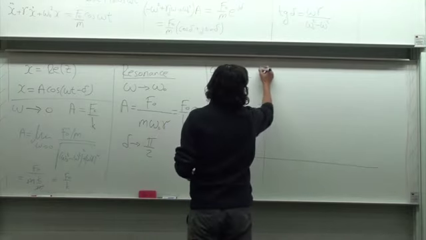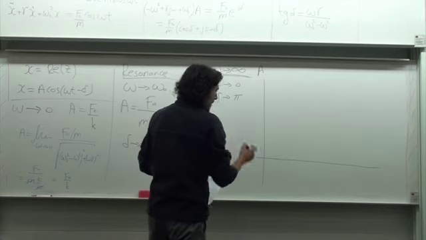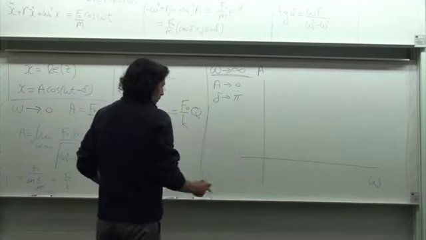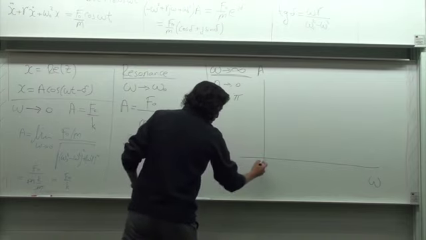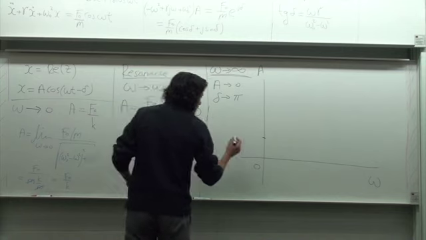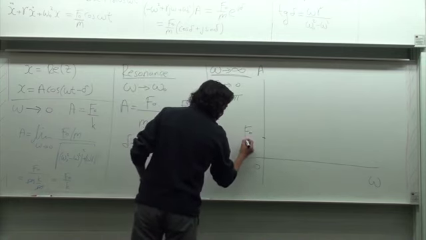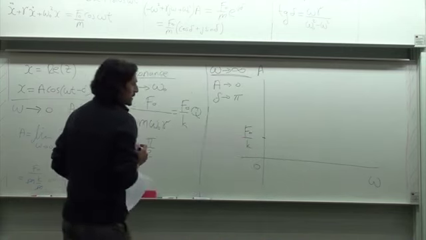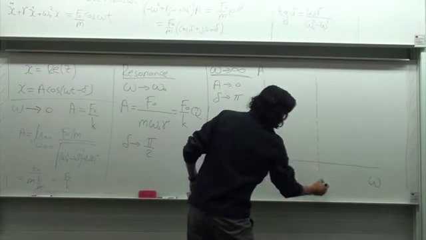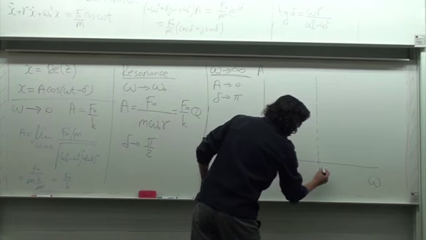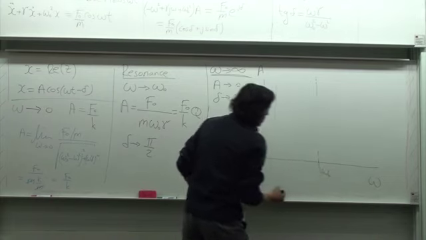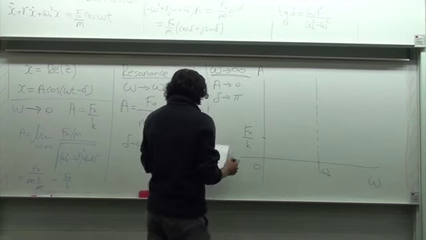If this is the amplitude, this is omega. We say that if omega is very small, close to 0, then we tend to some amplitude which is f0 over k. And if omega is close to the resonance frequency, so this is omega 0, then we would have